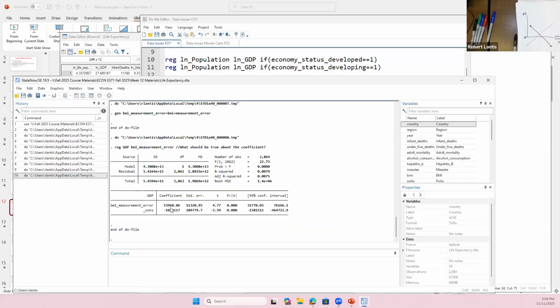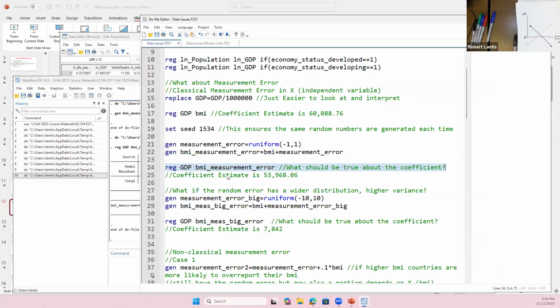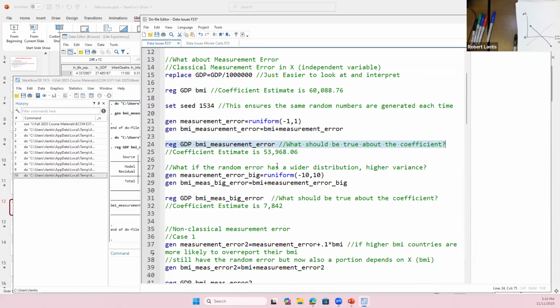Any questions on this idea before we keep moving? Anything I've done here in this do file? Okay, so now this goes along with what we were looking at before. Let's call this a second random measurement error, but now instead of being between 1 and -1, it's random numbers between 10 and -10. What's going to happen to the variance of my measurement error? It's going to be larger, right? So when we go back,